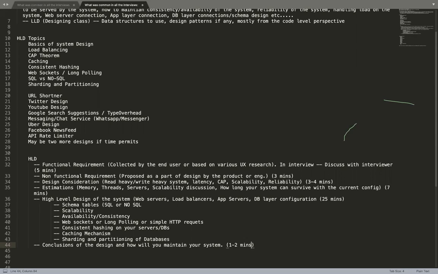You can adjust 2 or 3 minutes here and there because there will be some discussions. You might take some more time in functional requirements, but you'll have to cover that while designing your high-level system. So basically it takes around 45 to 50 minutes to come up with a design. And when we talk about these things in detail, we won't try to complete all the designs in 45 or 50 minutes, but I'll